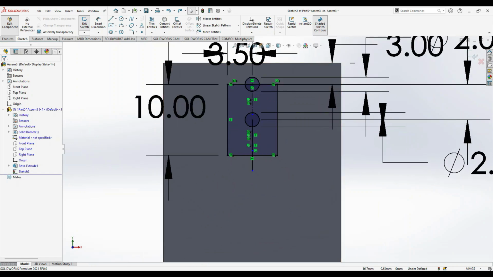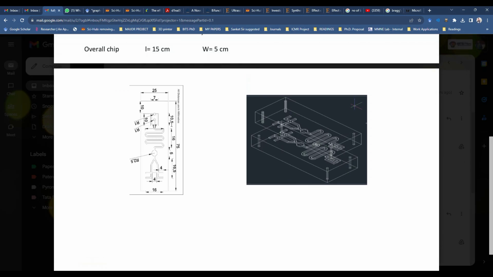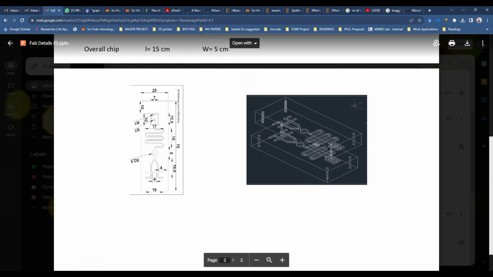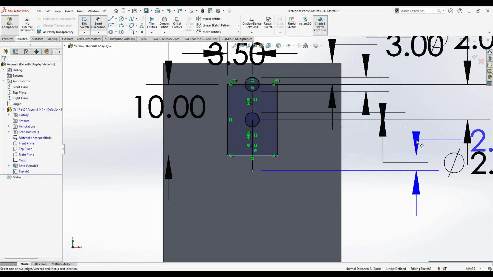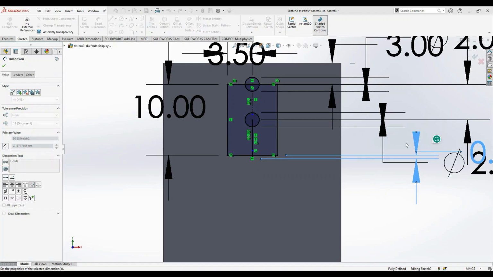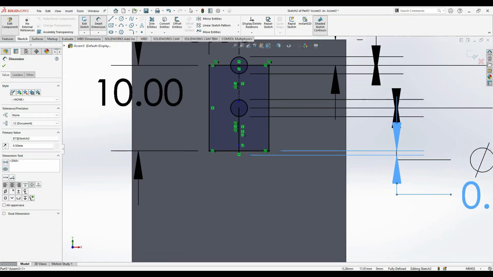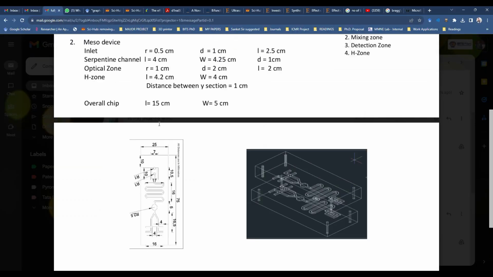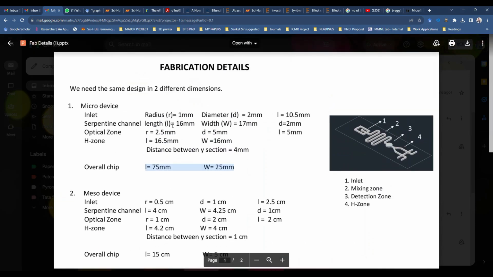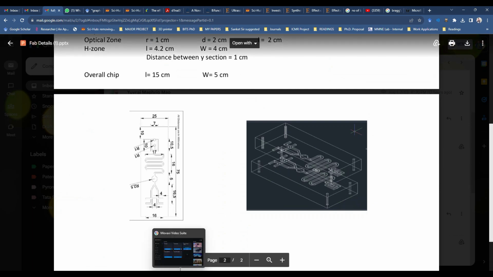Okay, so then we'll go for the serpentine design. It has a 0.5 mm length of this, so we can give it 0.5 mm. And then according to this, the length of the serpentine channel is 16 and 17 mm. So to do 17 mm,